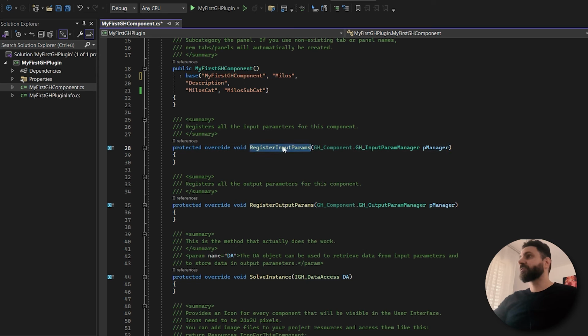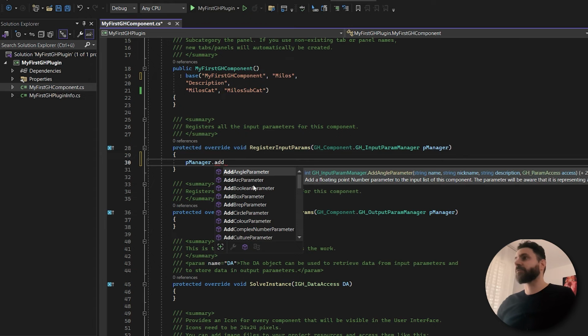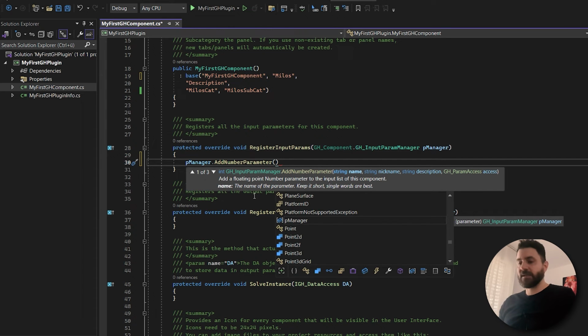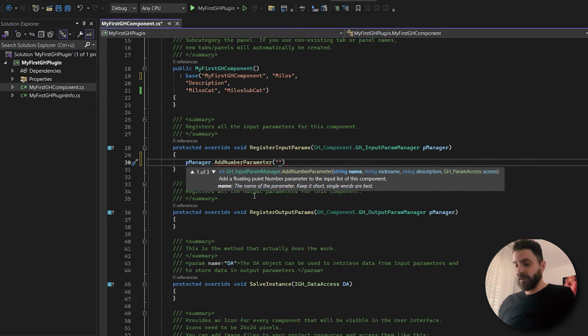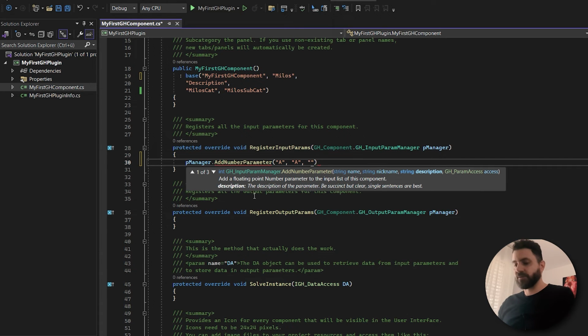The name says it all, register input parameter. So every component has input, right? So if you want to register input parameters, you will say p manager, and you will say what you want to add as an input parameter. You see there are all these types of geometry and data that you can add, like B-reps, lines, curves, numbers, whatever. So let's say I want to add some number parameter, and then it tells you that it needs a name. I will say name A, nickname can also be A, description is first number,